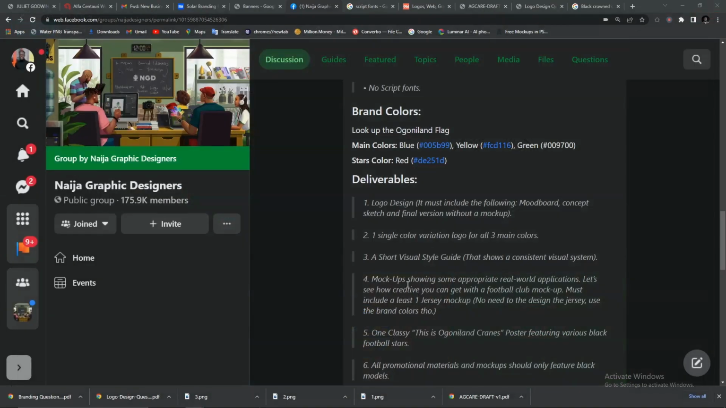Okay. Then it says short visual style guide that shows a consistent visual system. It is there in the project I did. You can look up my Behance. The link will be in the description. Then the fourth one says mock-ups showing some appropriate real-world application. Let's see how creative you can get with a football mock-up. Yeah, for example, this is the mock-up,